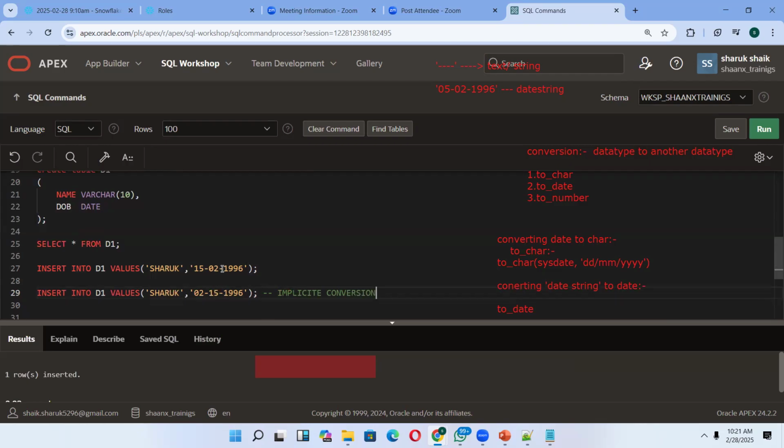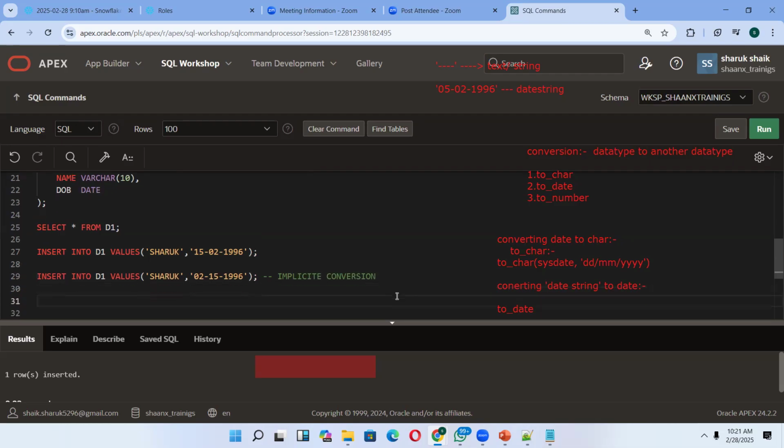We can't expect that every time it will implicitly convert. Sometimes, due to some data error, there might be problems. So what is the best way? Let's insert another row. Think that this time, for example,